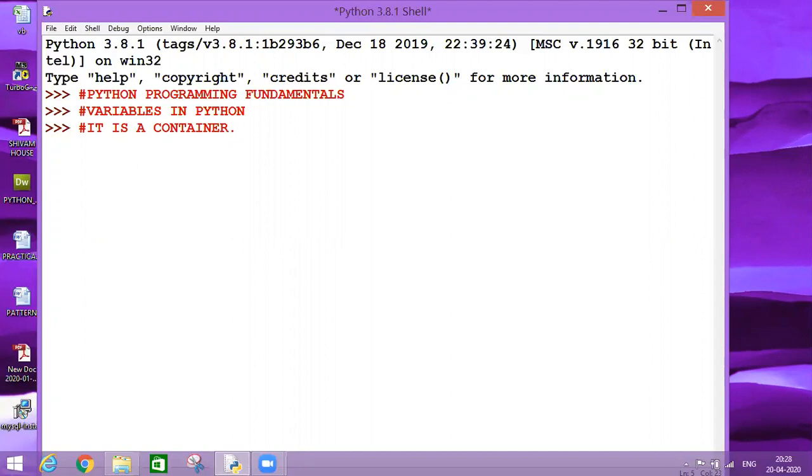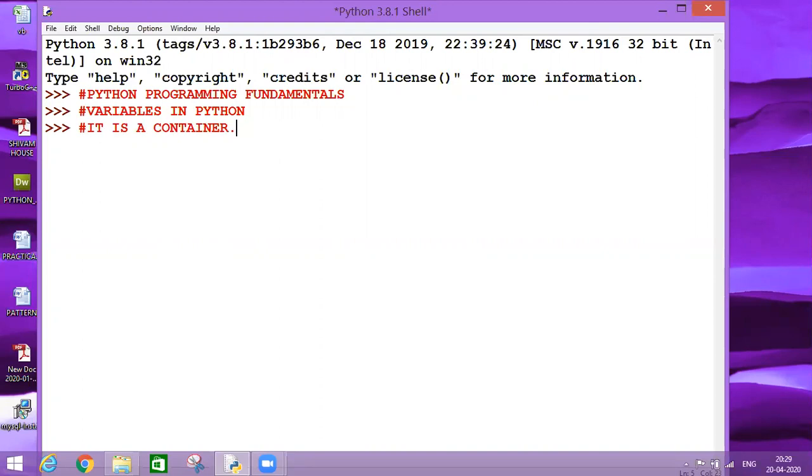A chalk box can hold multiple chalks at a time, or I can say I can keep a single chalk also in my box. So a chalk box is like a container which can hold the chalks as a value. And another functionality of my container is I can easily put the values in that, and on the other side, I can take out the values from it.